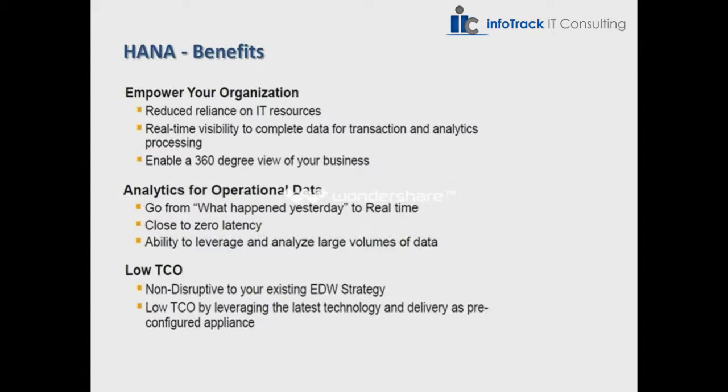And real-time visibility to complete data for transaction analytics. When I say real time, in HANA this is real time, because I don't have any other word to use. That is why I'm saying real time.